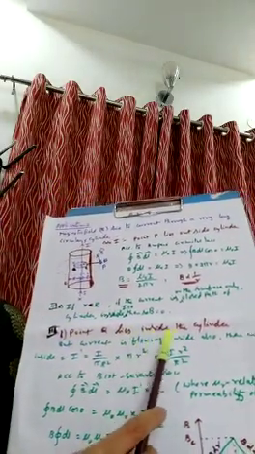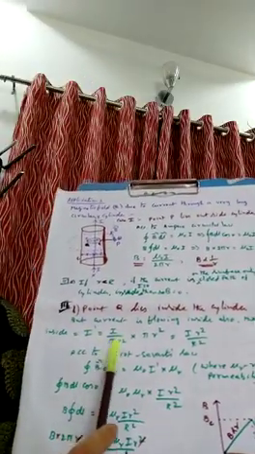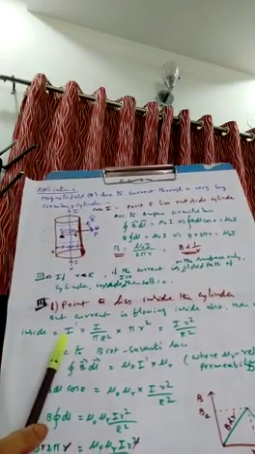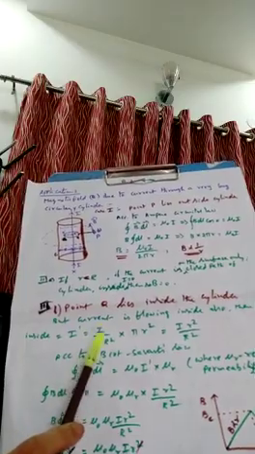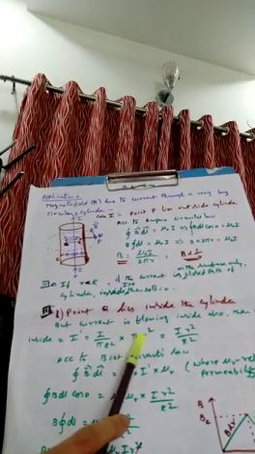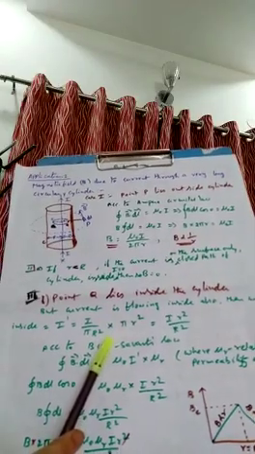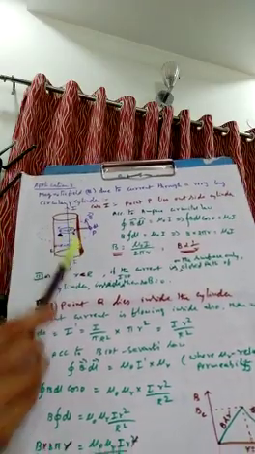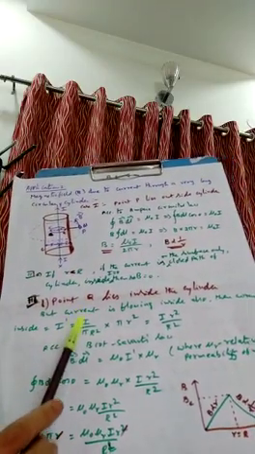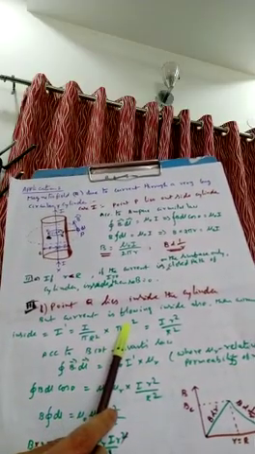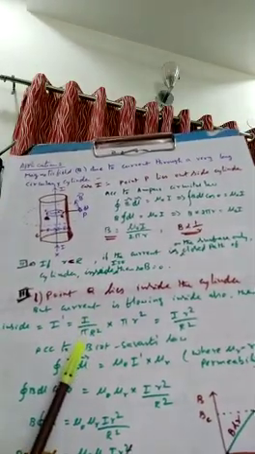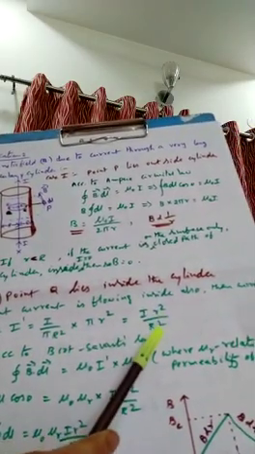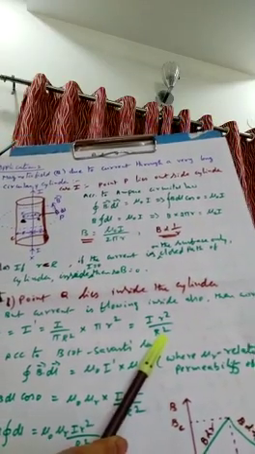So point Q lies inside the cylinder. What is the current here? The same current will not be there. Current is distributing here. So how can you measure the I dash? Current inside is given by I upon current per unit area into area of the loop. Once again, current in that particular cylinder inside that Amperian loop is given by current per unit area into area of the loop. Current per unit area I by pi R square into pi r square. Pi and pi get cancelled. So I r square by R square we are getting here. That is the value of I dash.